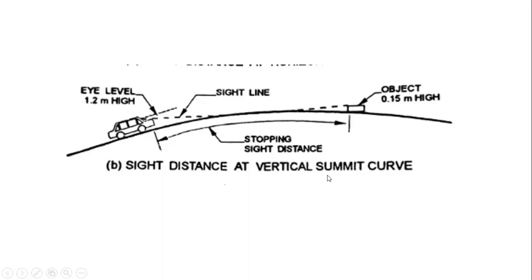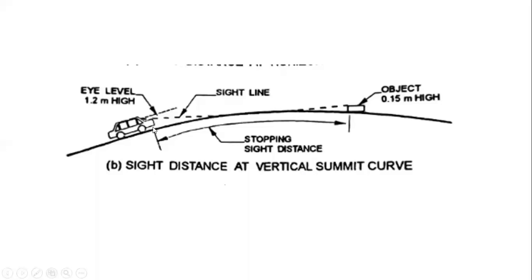So you know what is a crest. Okay, so it's like something like this, like an upward slope. And you have something called a valley curve or sag curve, we call it. So that will be something like downward, as if you're going downgrade. Okay, so that is called a summit and a valley curve. So this is a scenario where sight distance is restricted because of this vertical summit curve. Okay, so that is an upgrade.